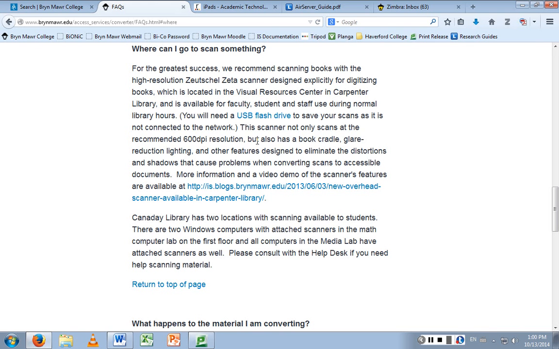The most important thing when you're scanning to make this successful is to scan one page at a time. Don't do the two-page thing, even though it's technically less scanning. The other thing is to try to make sure the page is not distorted, and it has things in place that try to do that. When we send something out to be brailled, they actually take the spine off the book and feed the pages in, and that gives you the best OCR scan. This is like the second best.